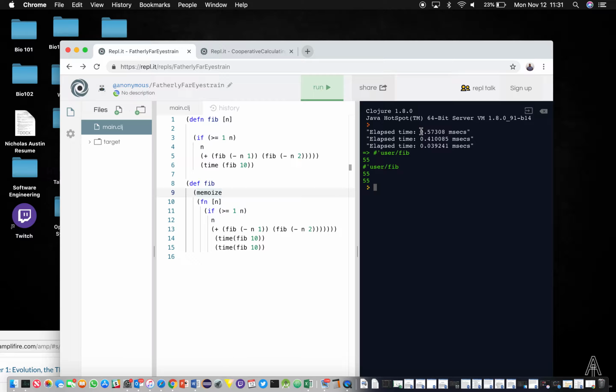Okay, so as we can see, for the first call it was 0.57 milliseconds. The second one was 0.41 milliseconds, so they're close. And then when it's memoized, aka when fib 10 was stored in memory and taken out and looked up, the time drastically reduced to 0.039 milliseconds. So the reason why